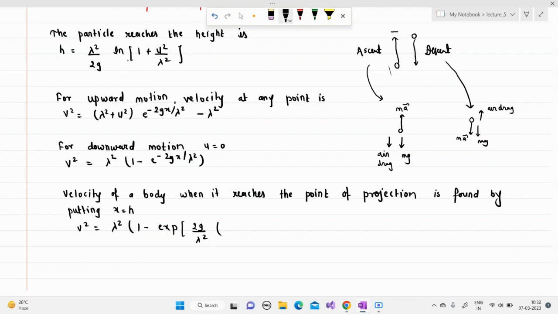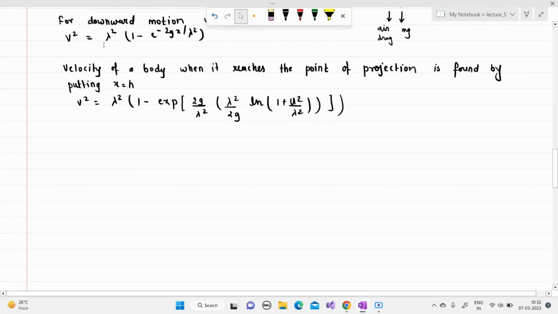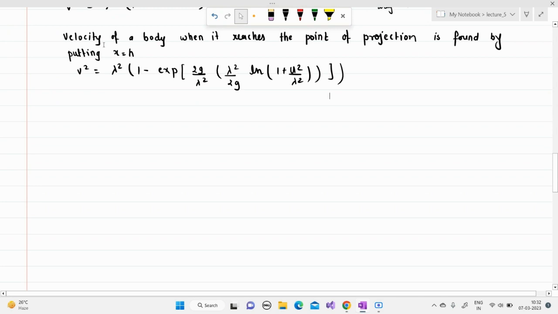So lambda square upon 2g ln of 1 plus u square by lambda square, with the first, second, third and fourth brackets. Okay, so if we solve it,